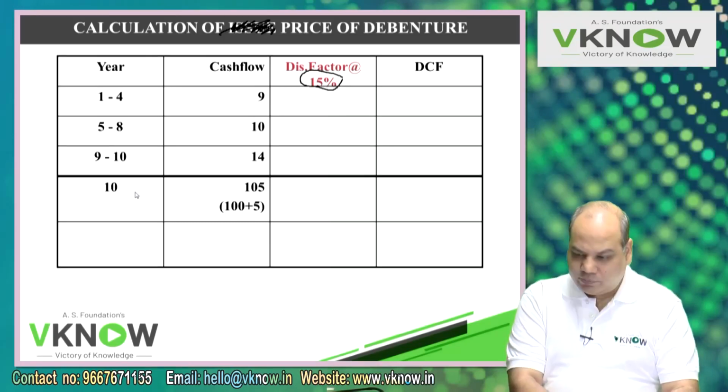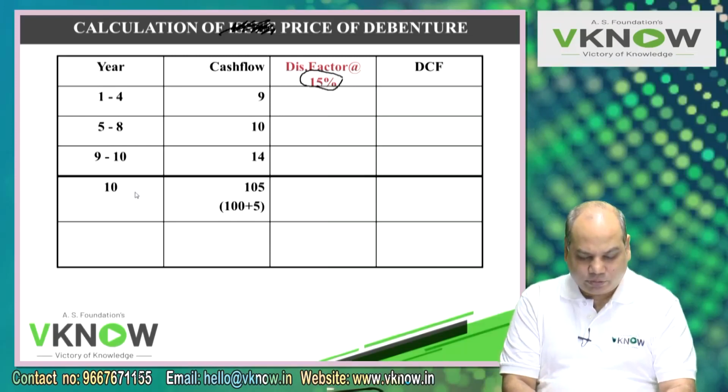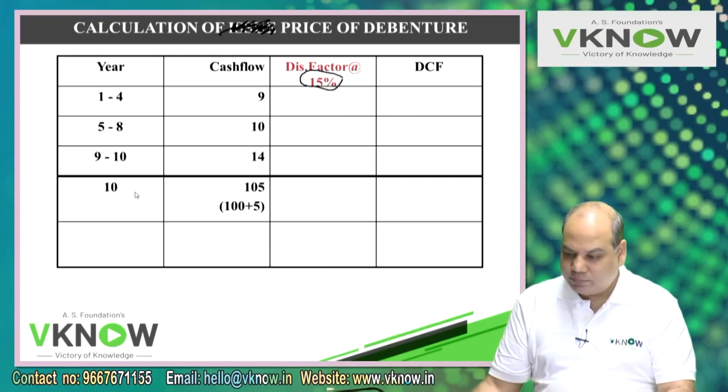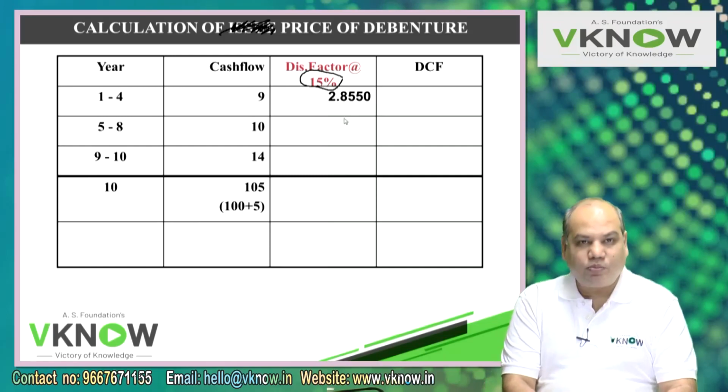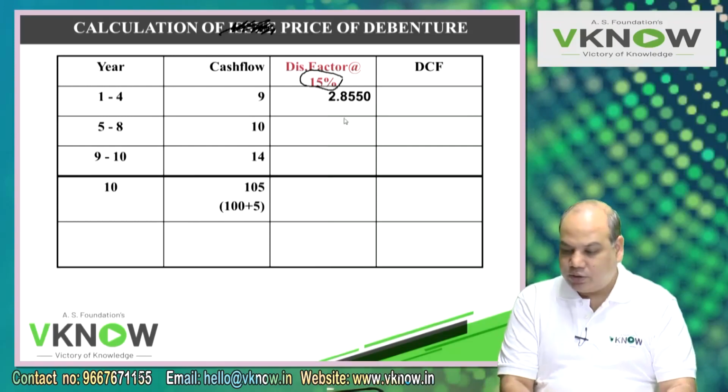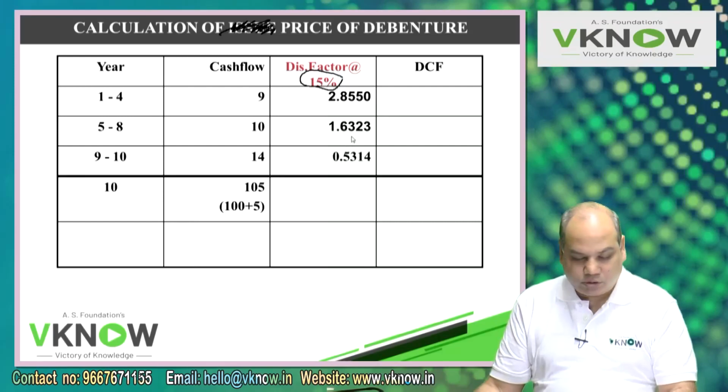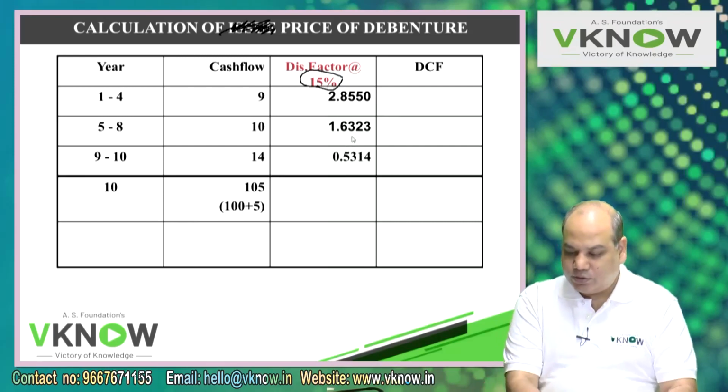1 divided by 1.15 equal to 4 times and then GT function. You will get 2.85497, you make it 2.8550. Now I have to use memory plus function for 5-8. 1 divided by 1.15, 4 times equal to, next 4 times equal to memory plus, memory recall. You will get 1.6323